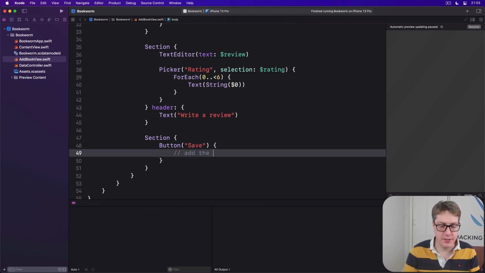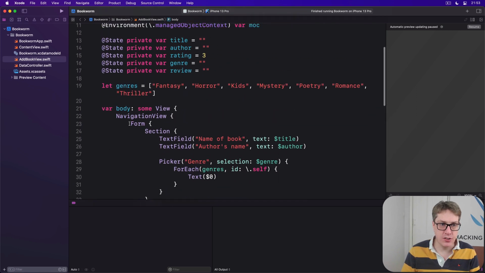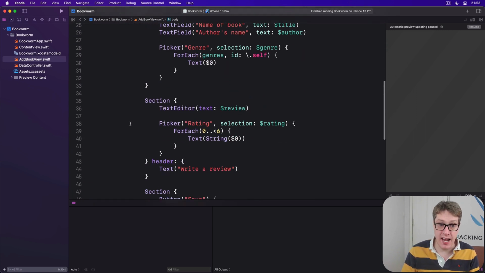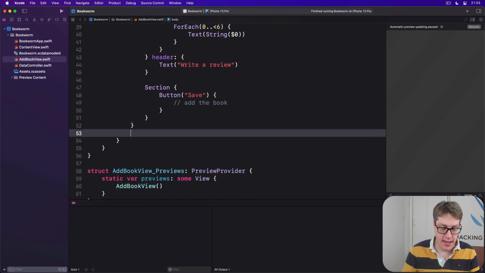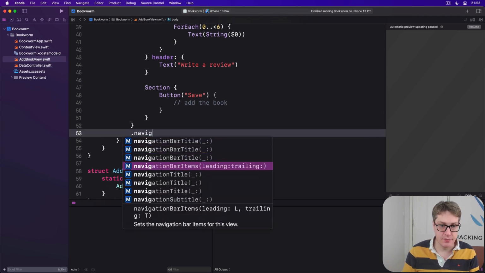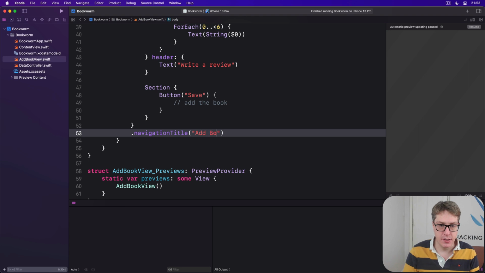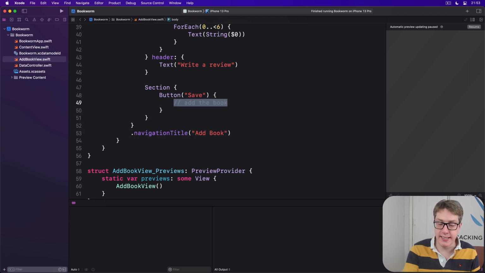And that'll add the book. That's our form done. We're going to make sure we add to the form itself, not to the navigation view, to the form, a navigation title of Add Book. Okay, now obviously there's a big hole right here, but when it comes to adding in the button's action, we've